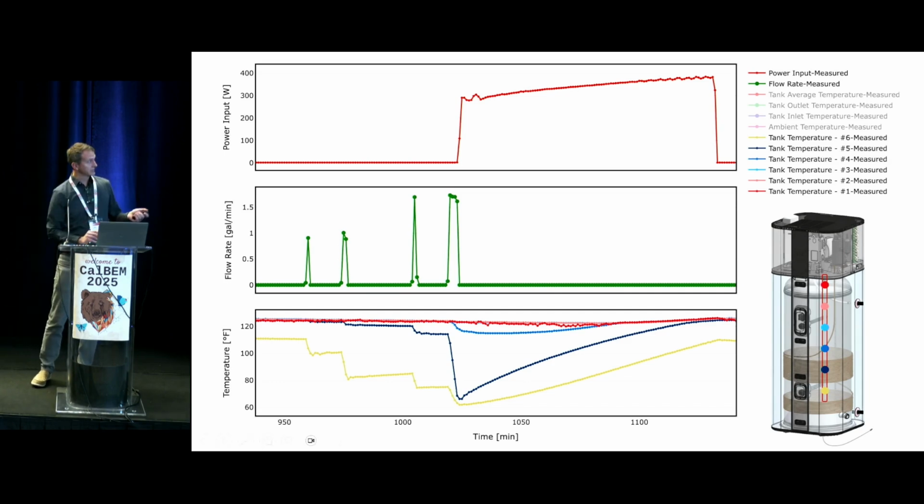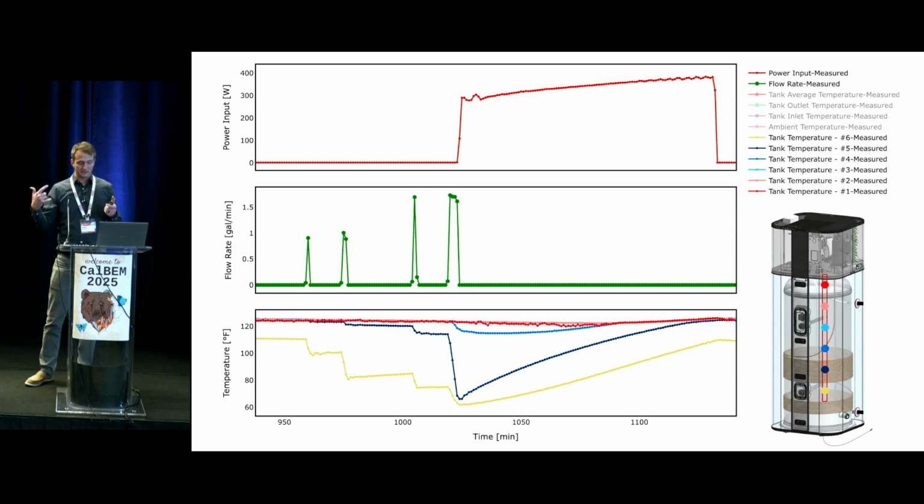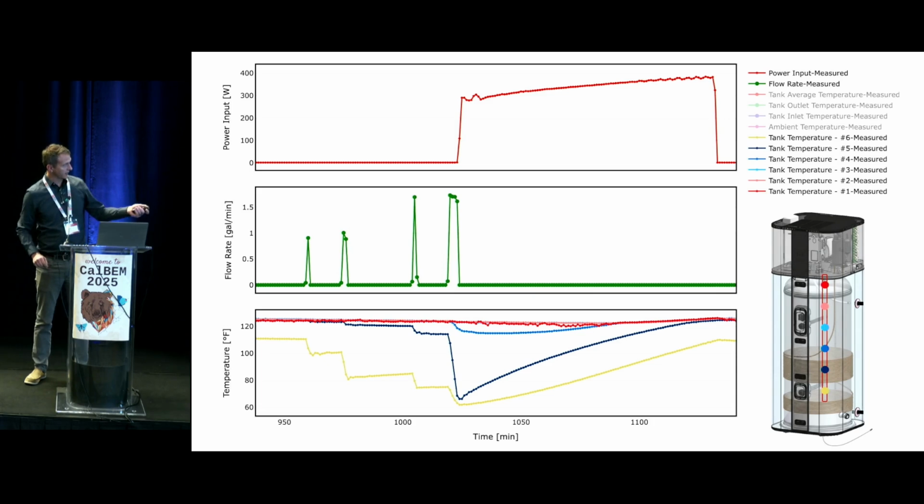They do these tests where they take the anode rod out of the water heater and put in a rod with thermocouples attached to it at 6 equally spaced heights. And yeah, you can see that at the bottom of the tank we have this gold line here. As you draw water out of the tank, you get cold water coming in the bottom, and you can see that cold water moving up during each draw,